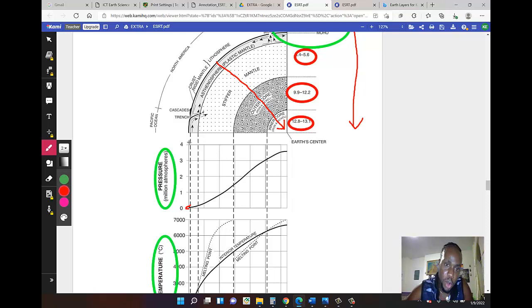All right, so I'm following that broken line. If you follow that broken line a little bit downward and read it off, you see that it falls to about 0 million atmospheres. It's important to note the units of measurement for each of these criteria that we are looking at. Next, as you go deeper into the Earth, below the asthenosphere, if you follow that broken line up, you see now we are above 0. Now that would be something around, guess,